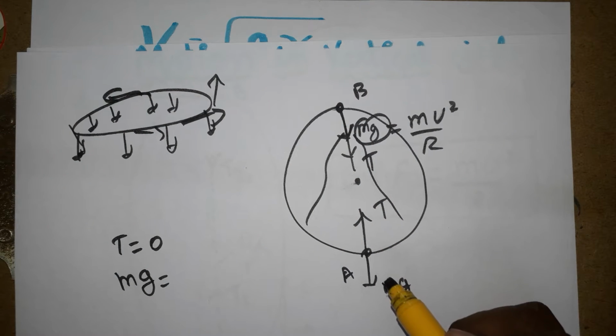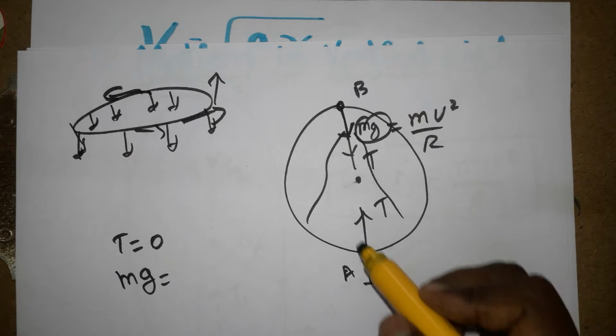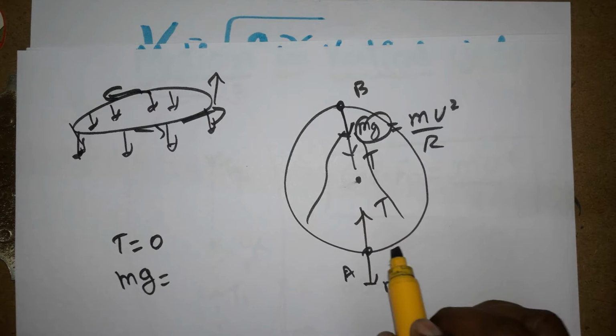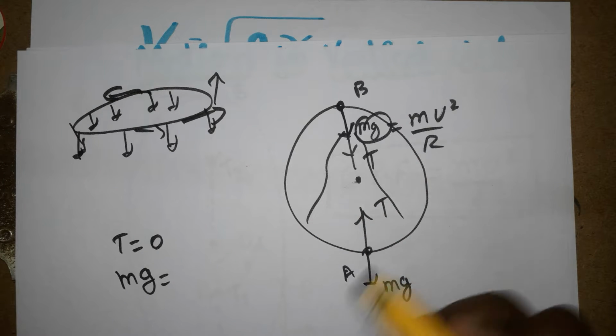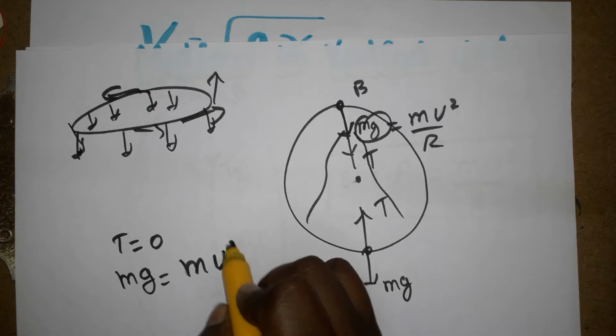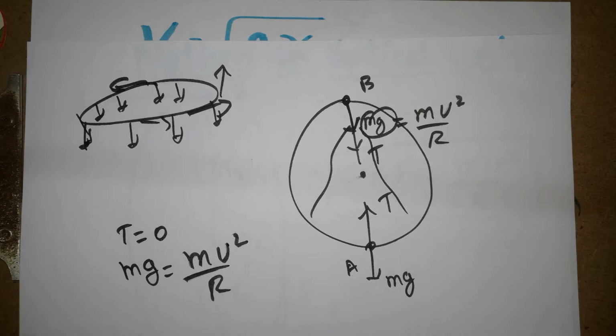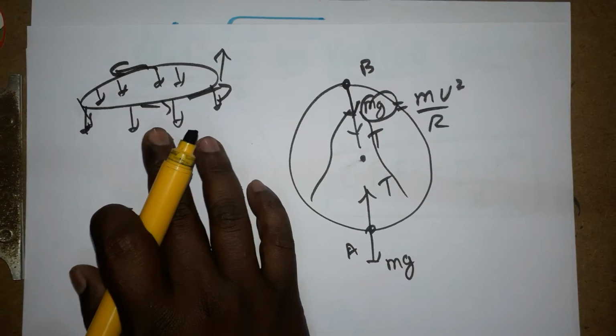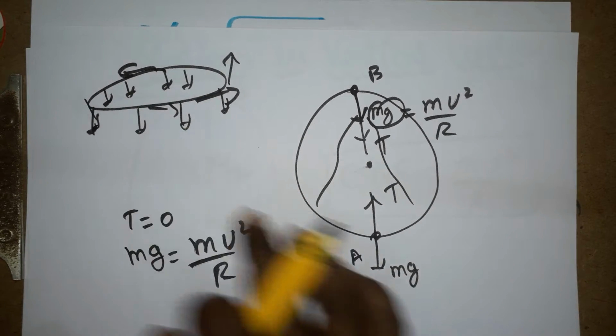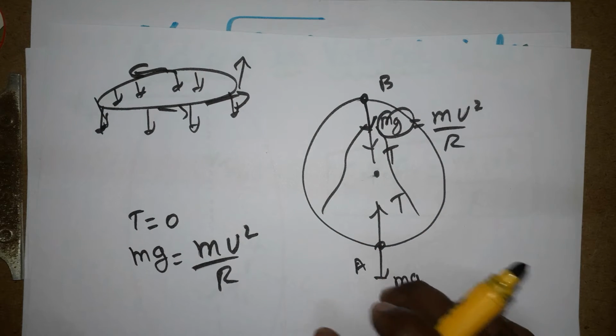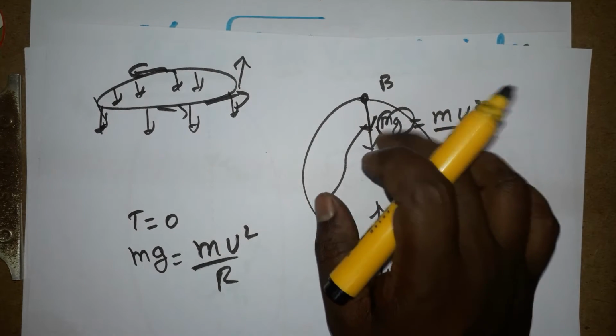At this point, it's not going to make a vertical circle. If we maintain more than this velocity, it's going to make a vertical circle. This concept we are going to use as the starting point. See here, in a horizontal circle gravity will be constant, but here mg will act on this side, and here mg will be towards the circle.